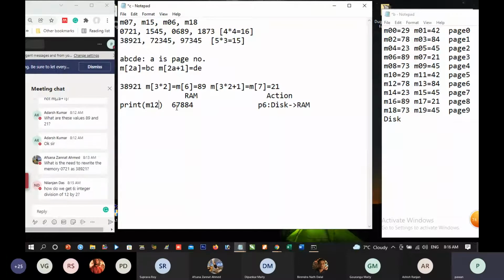And the RAM will contain this. That is correct. It is integer division of 12 by 2. So page number can be obtained by dividing the memory by 2. Is it correct? Yes. Fully correct. Any doubt?